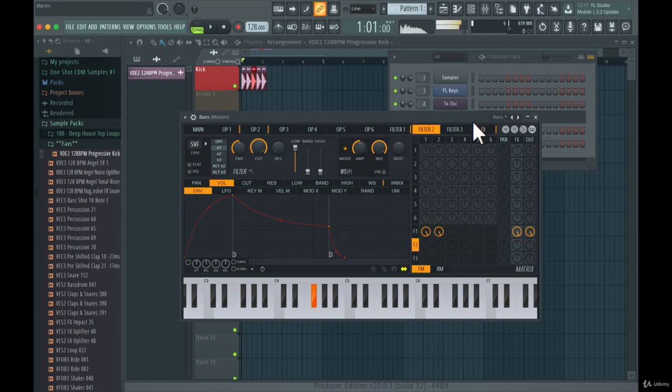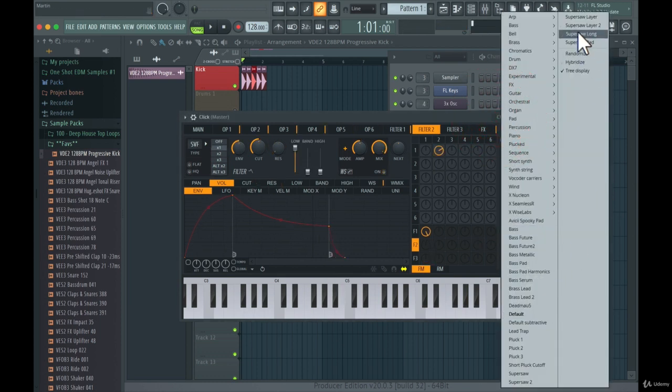But I don't think this sound is the right one to use for this track, so let's browse around here and see what we have. See what we got.